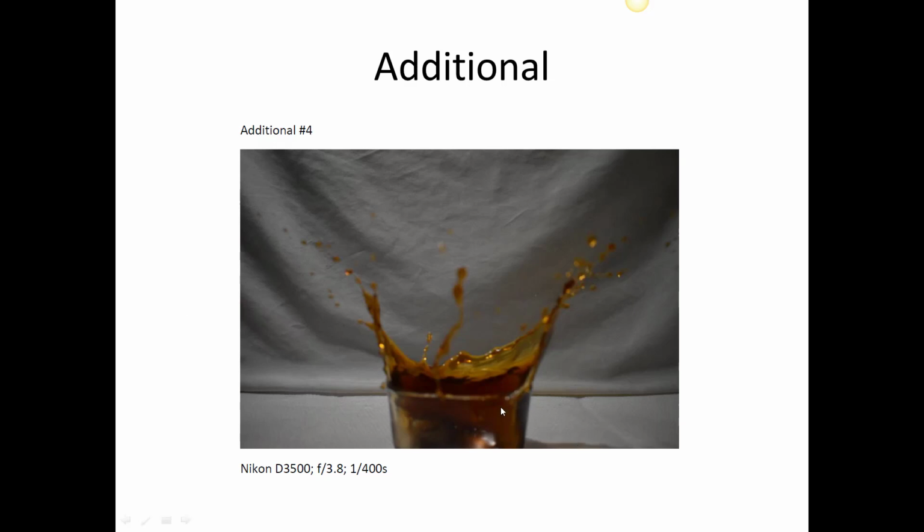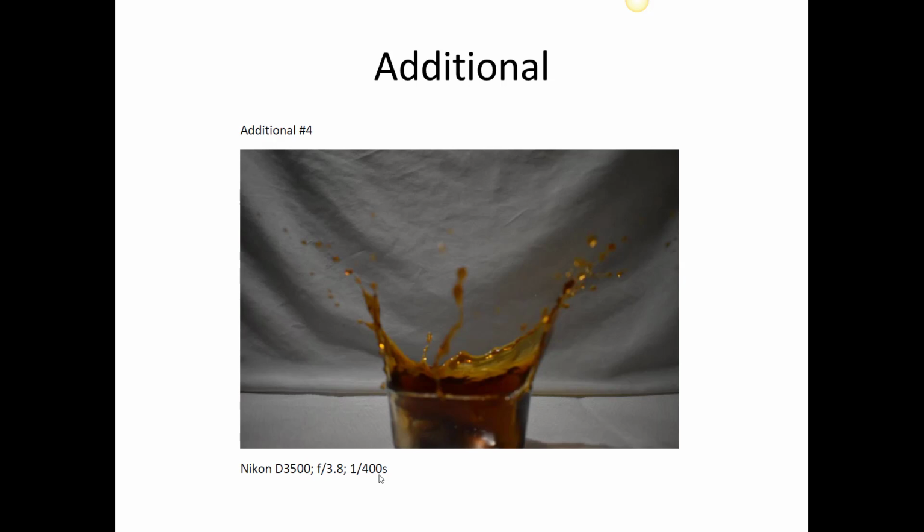It doesn't come off quite crisp. One thing that probably would have helped in this setting is to have an additional light source coming in here. It doesn't have to be a photo light or a flash, but it would be nice to have a little bit more light. When you have a little bit more light, then you can do a few more things. So this is shot at 1/400th of a second, which was fast enough to more or less capture the motion. But if you actually had